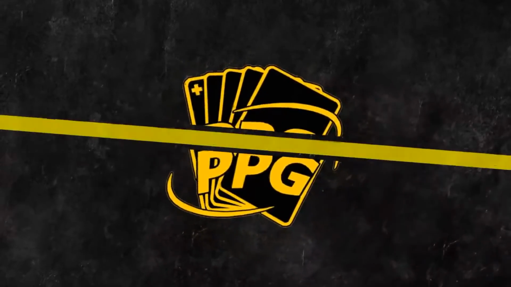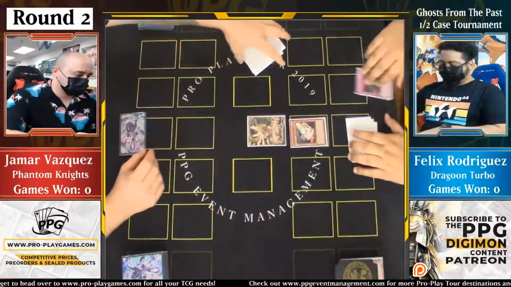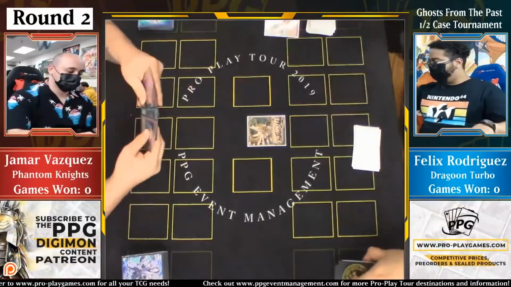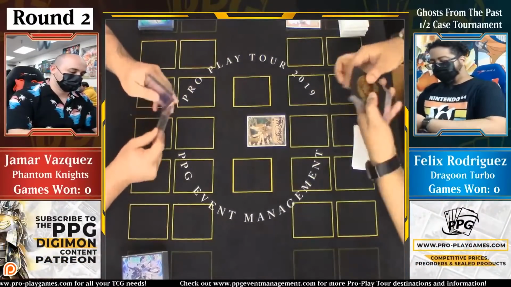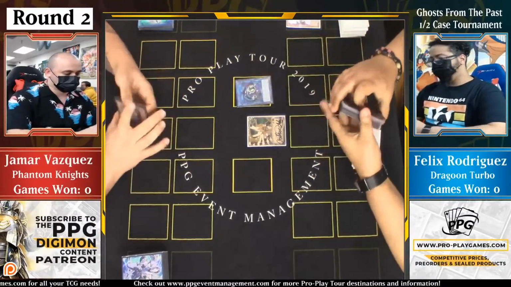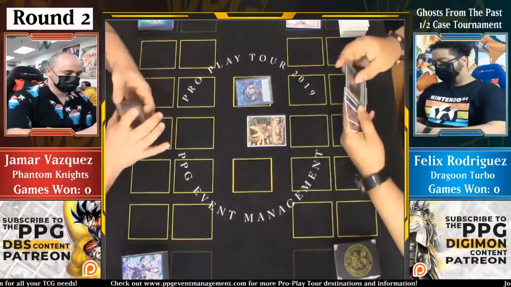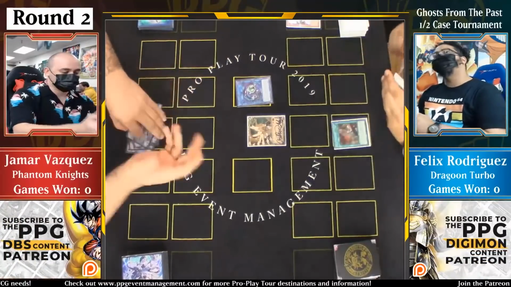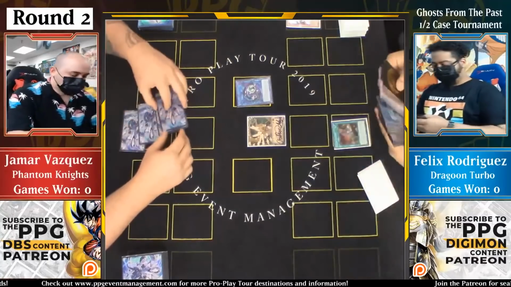And welcome back, everybody. So we're starting off round 3 right now. We have Felix back at it again with his Dragoon Buster Blader deck. Starting off turn with a Buster Whelp, adding Prologue, going to Link Rebo, and he's going against Jameer playing Phantom Knights. Yeah, the Phantom Knight deck has been somewhat popular on DB a lot, and I've actually never seen it